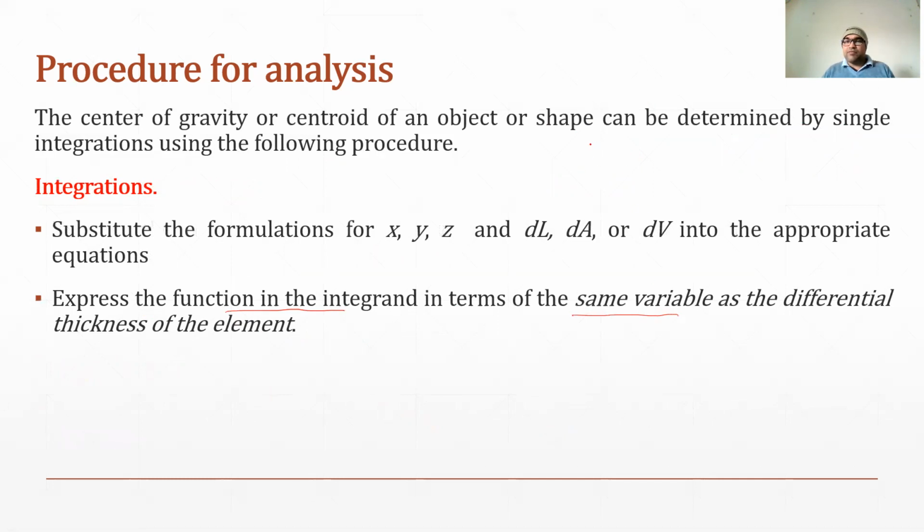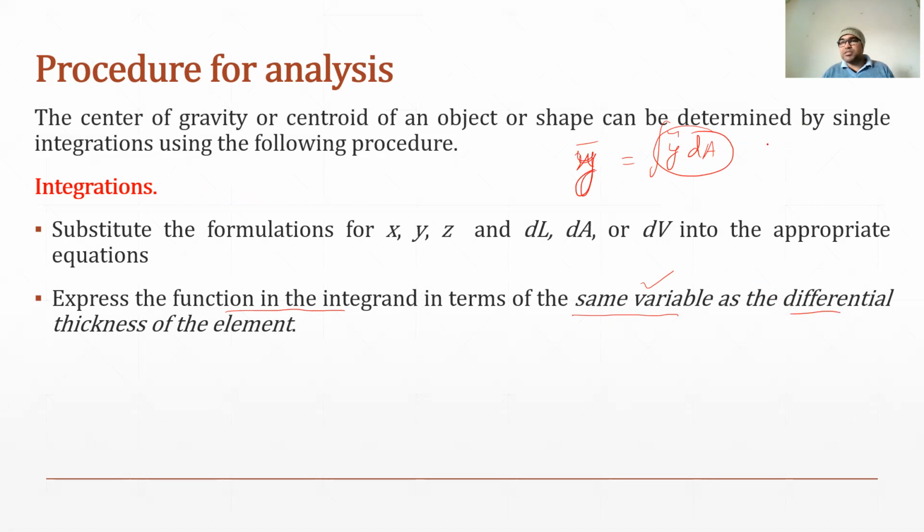Okay. So for example, x bar is expressed as, say, dA. This term should be expressed such that we will have the same variable with the differential thickness. If this is y bar, then it will be y tilde into dA.